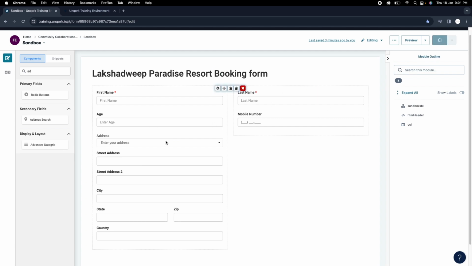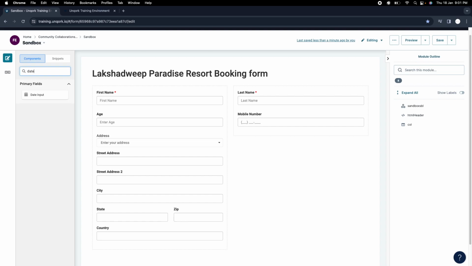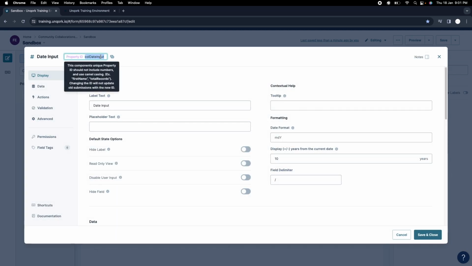Cool, right? So we are done with adding the address component here. So let's put the date, right? So we want to put a component which will allow the user to select the particular date on which he wants to book the resort. So maybe here we'll give the name as start date. So from this date here, start date,